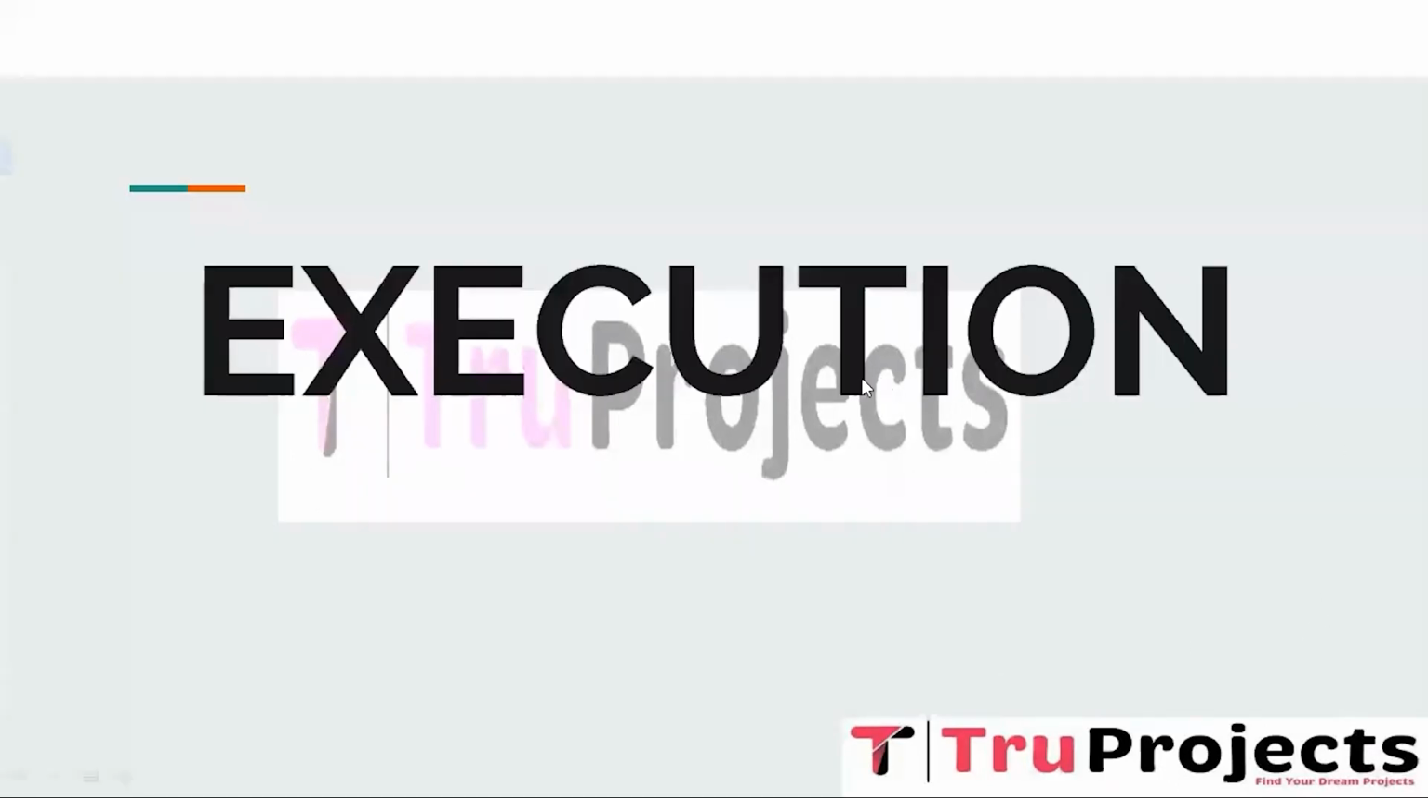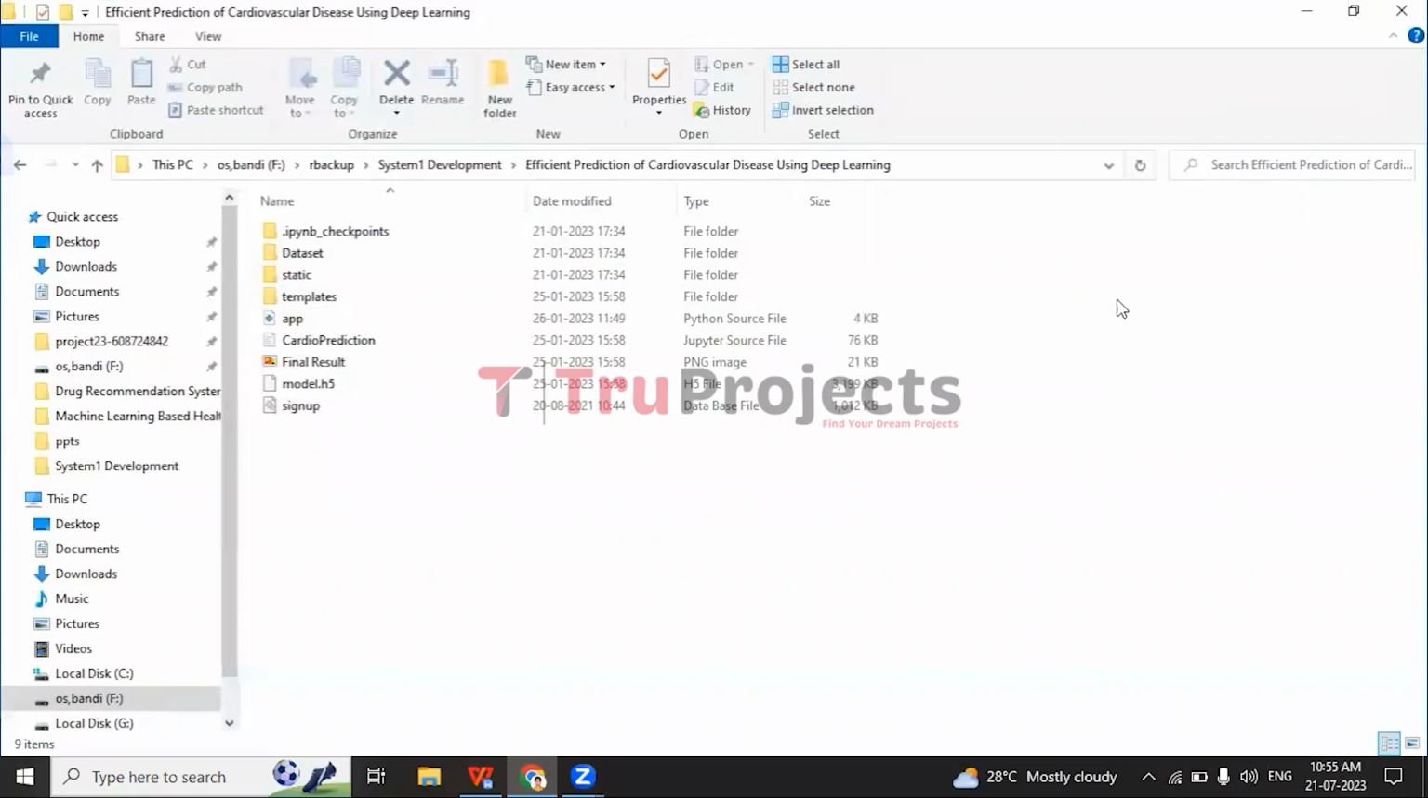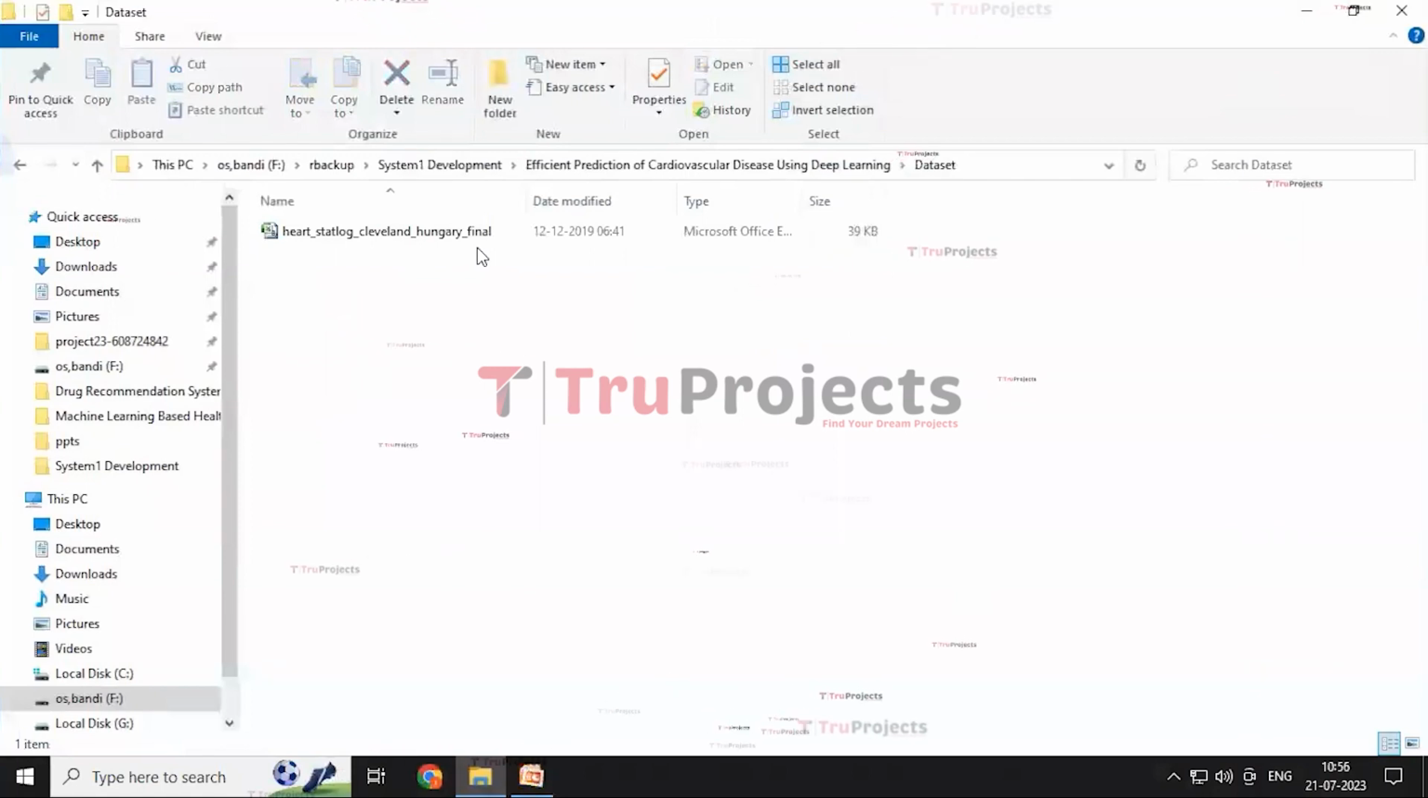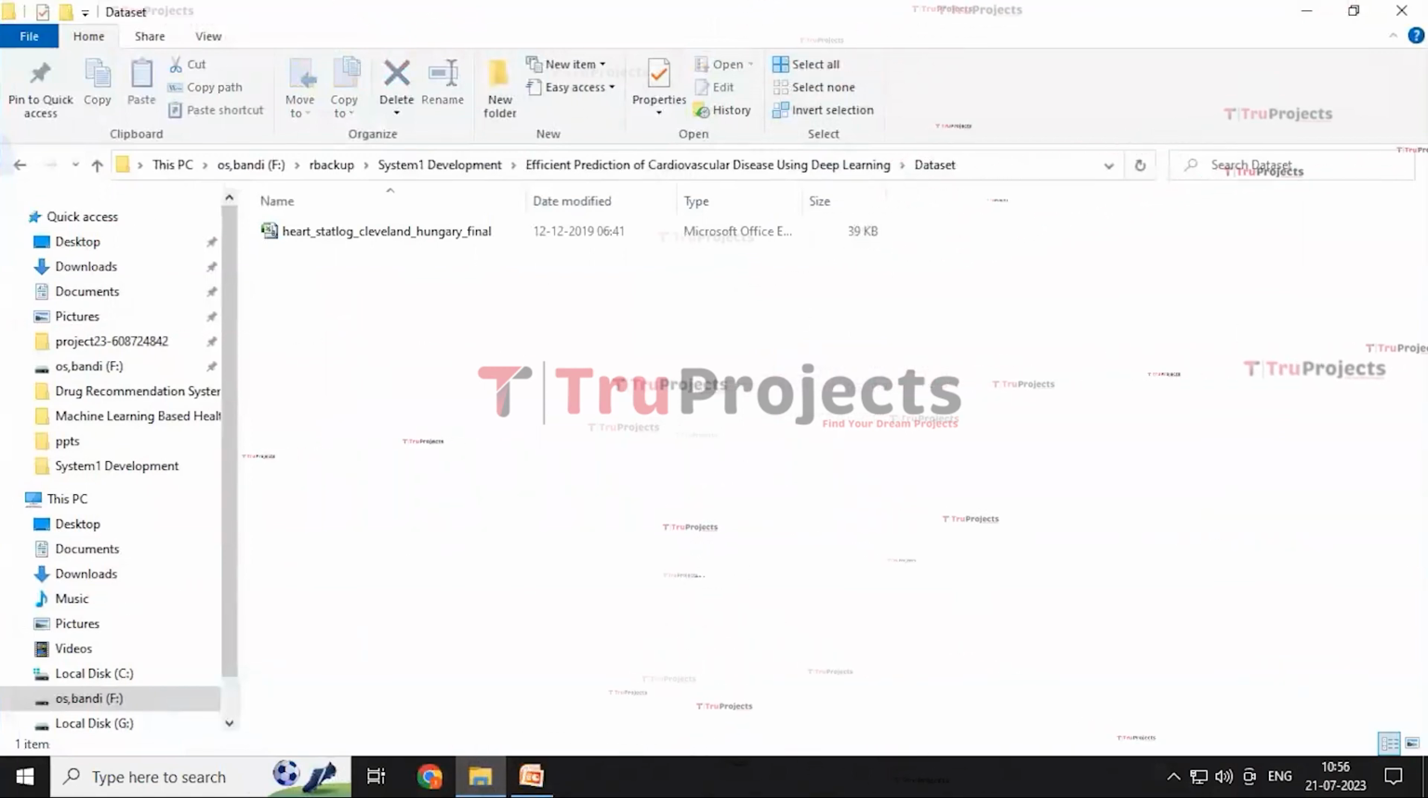The execution of the project. To execute the project, first we need to open the code folder. This is the code folder containing the different files within it. The dataset folder contains the dataset that we used in this project,